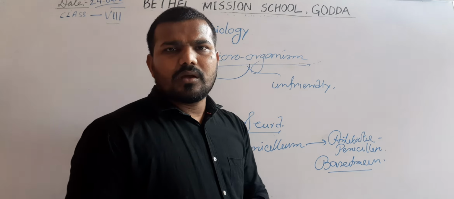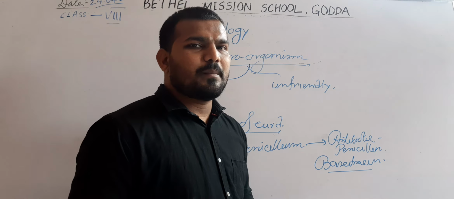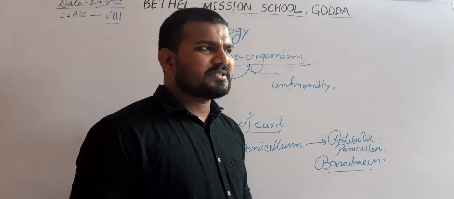Similarly, yeast is used for the production of alcohol. This is the fourth. The fifth one, yeast is also used for the production of bread. The sixth one, Agaricus or mushroom can be used as food. The seventh one, from the fungus Penicillium, we can produce the antibiotic penicillin, which can be used for fungal infection. From the bacteria Bacillus, we can produce bacitracin. From the bacteria Streptomyces, we can produce streptomycin.